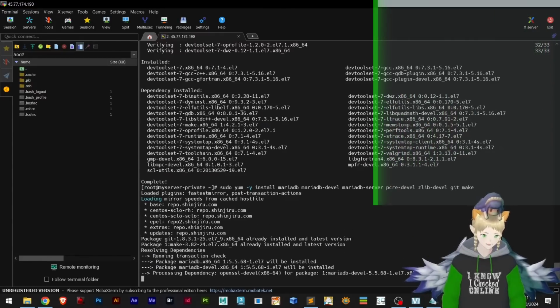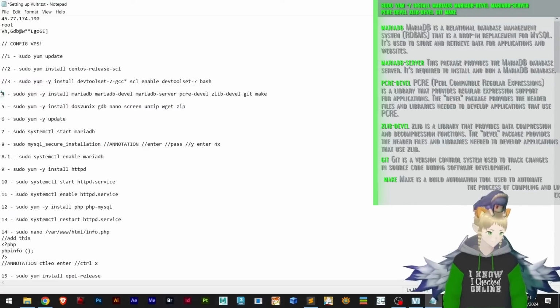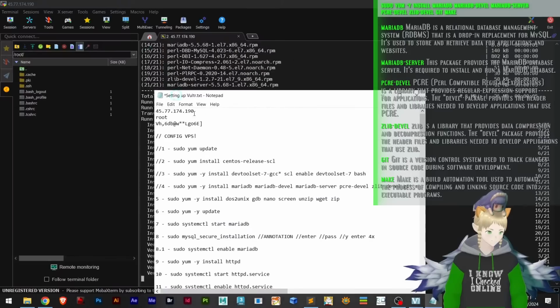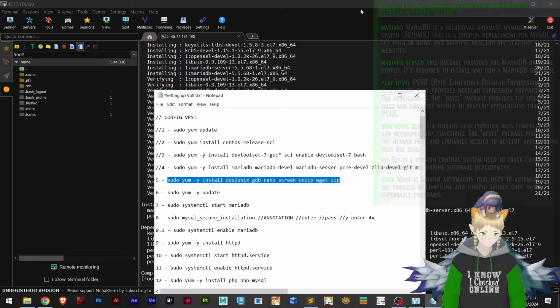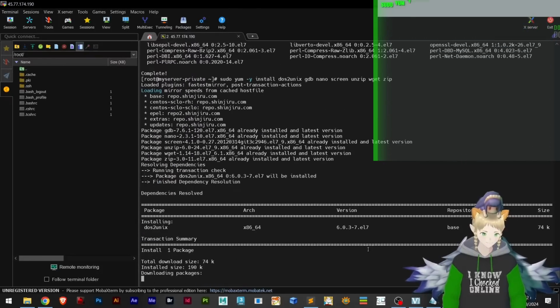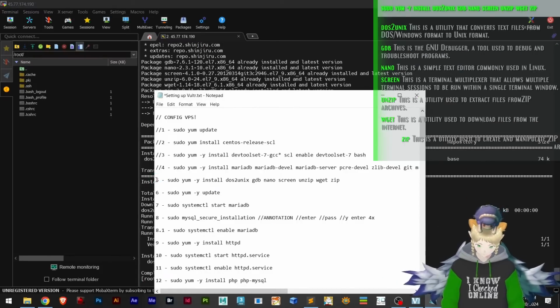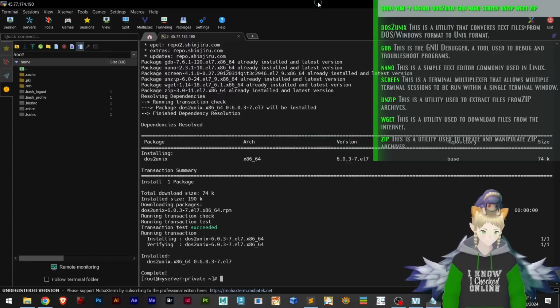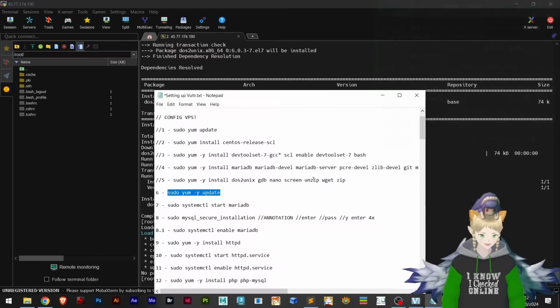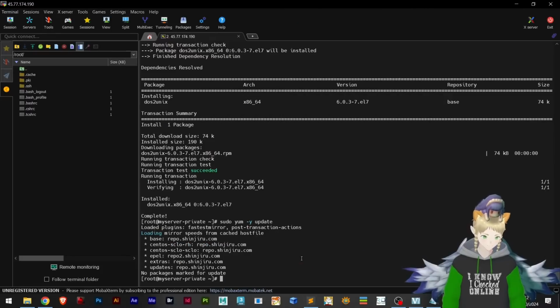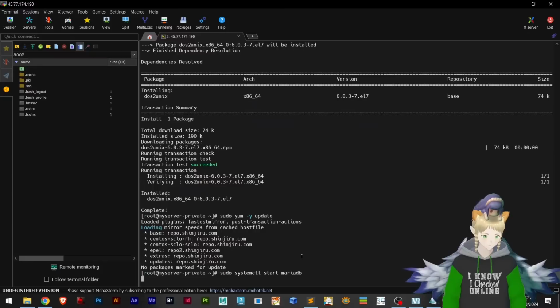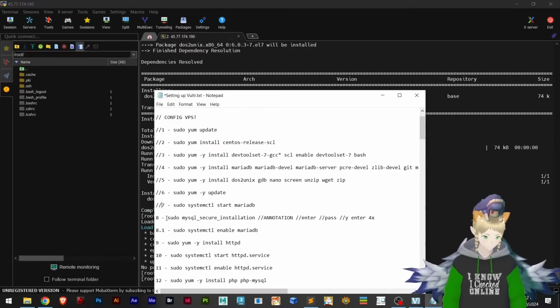Completed, and we can paste the next line. Completed. Next line. Now the MariaDB. Okay, number 8. So we are going to hit enter and then add the password, and then we're going to agree with yes and